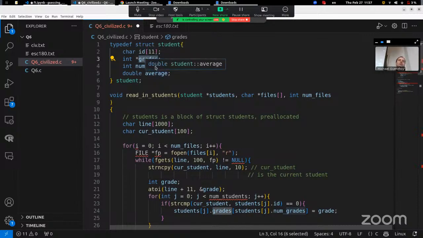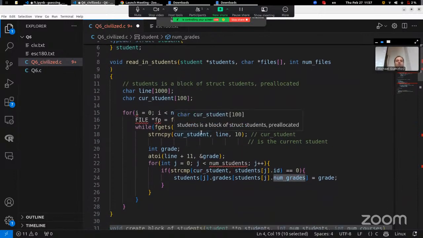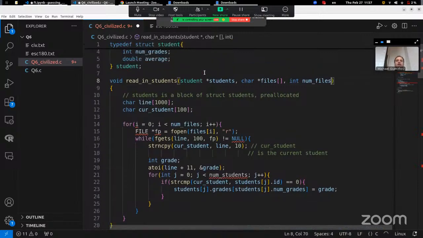And we increase the number of grades. So that's similar to the integer array. Okay, so that's good. But we also need to